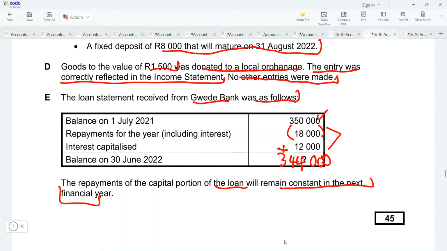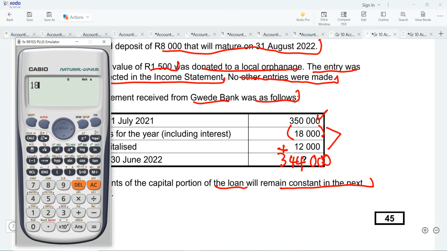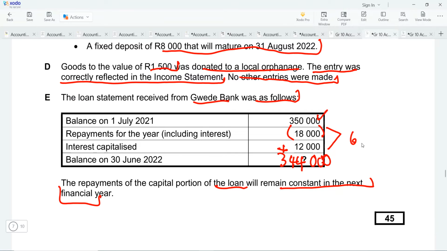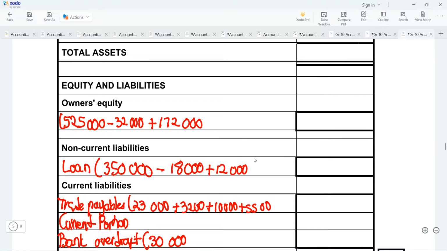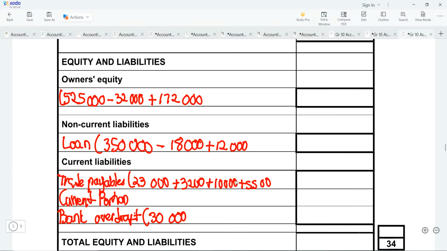So if we say 18,000 minus 12,000, it's going to give us the current portion on loan, which will be 6,000. So on our closing balance of the loan, we are going to subtract 6,000 because that 6,000 will be paid